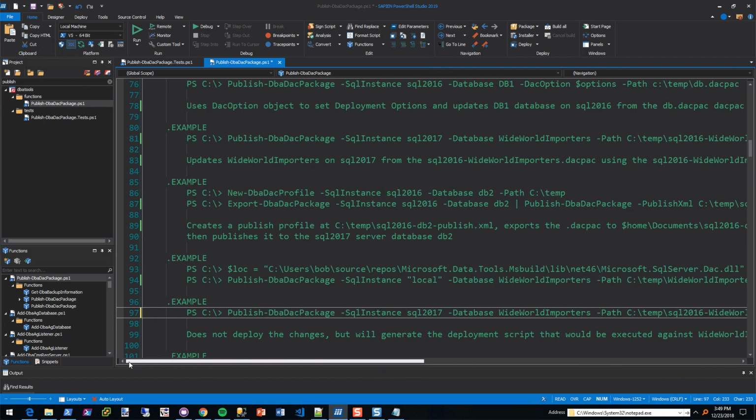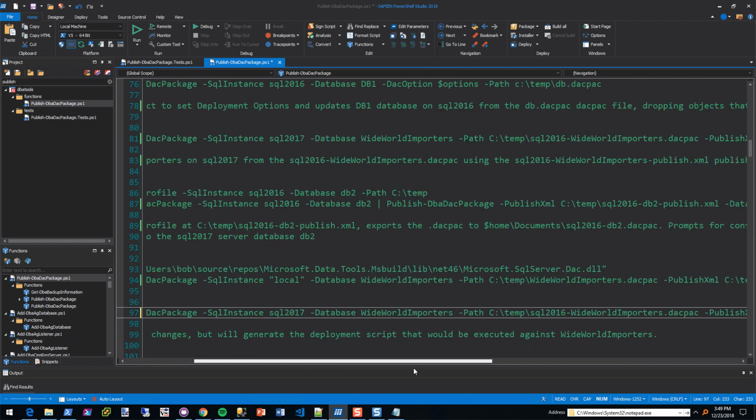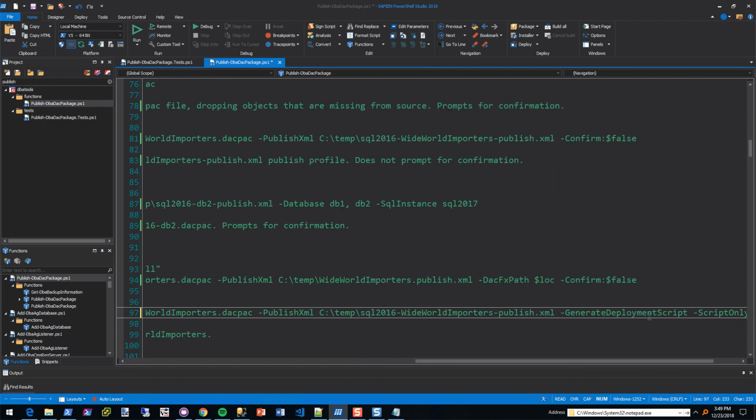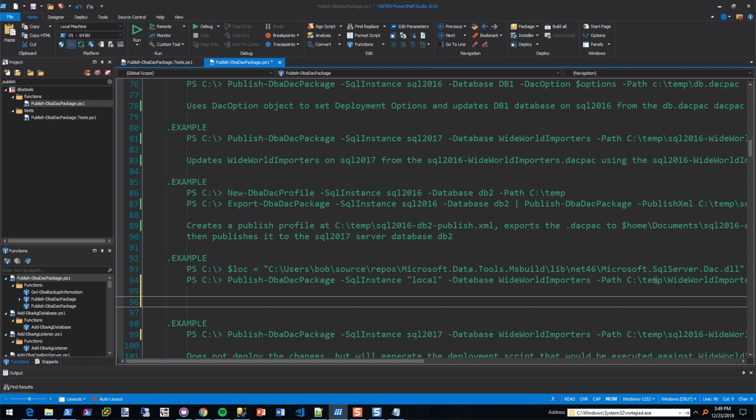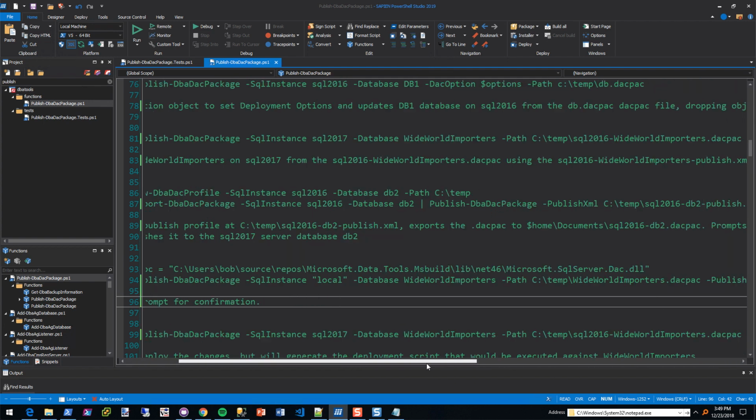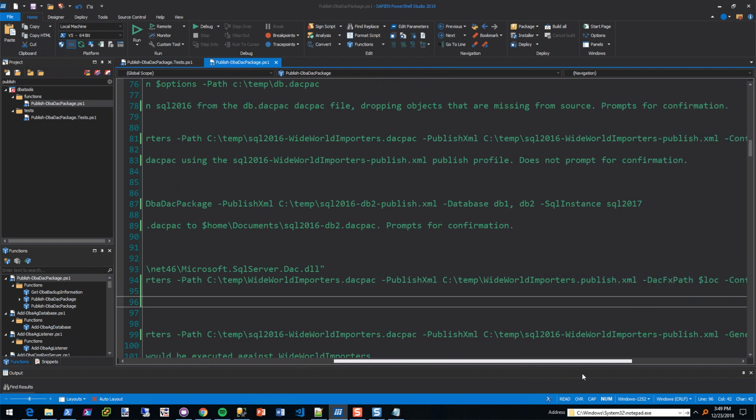Oh, look at that. This does not have a description, and it does not appear to be a copy paste. So that is something that I need to talk to the authors about. What does this do? So it publishes.